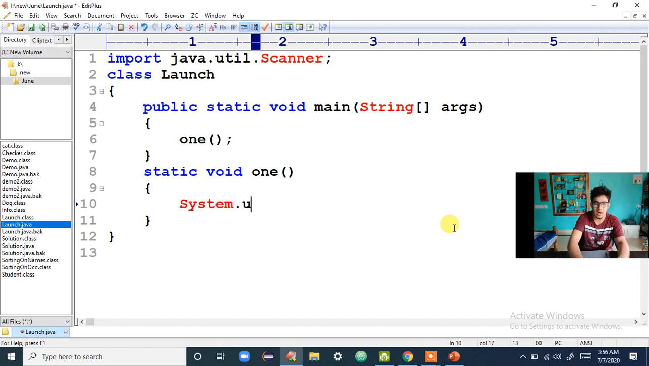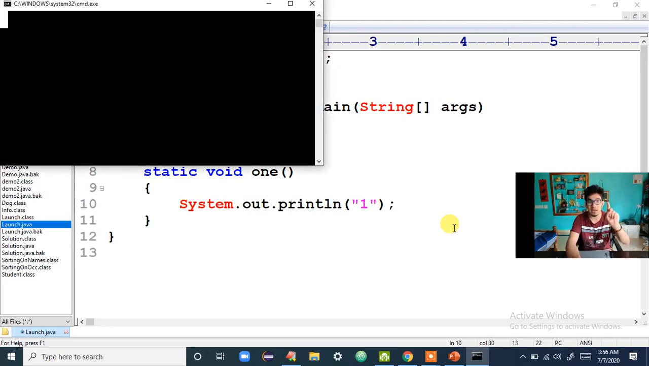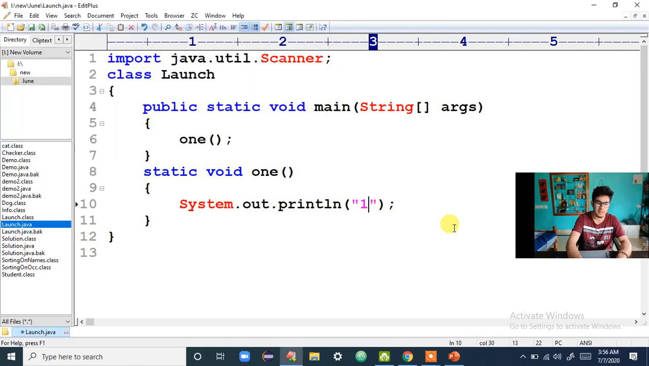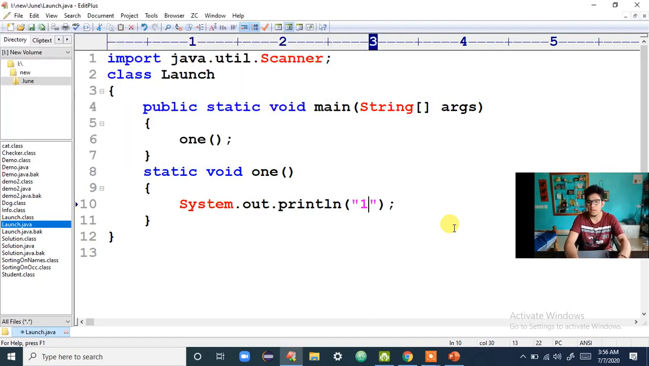So System.out.println, print 1. When someone calls ONE, I want to print that 1, right? Yes. So this is that method 1. Okay, now what I will do is